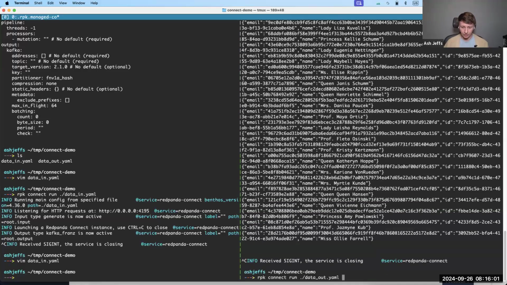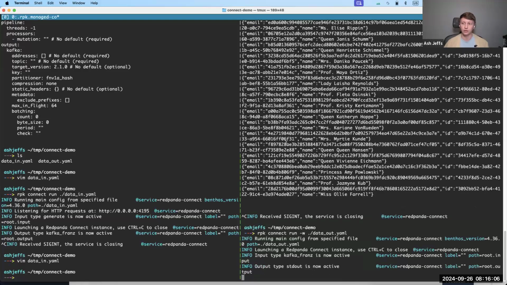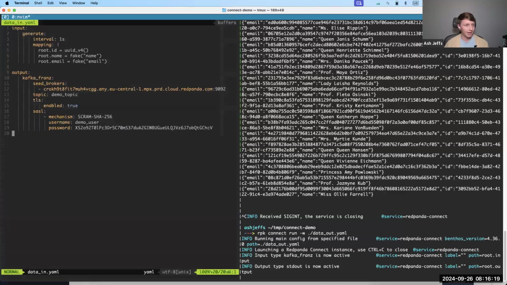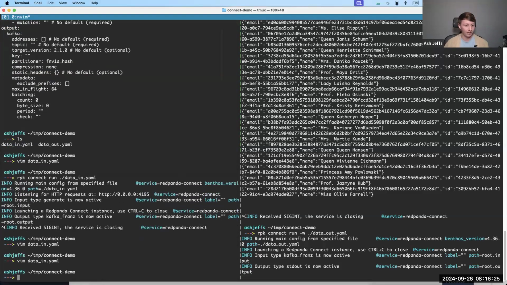I'm actually going to run this in watcher mode with this W flag. And what that's going to do is if I make edits to this config while it's running, it will actually re-parse the config and apply the changes. So I can show you this live experience. And I'm not going to run data in on my local machine. What I'm going to do is I'm going to use my free credits on Redpanda serverless